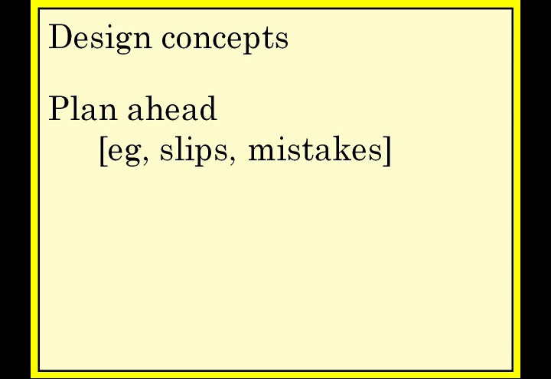A mistake, on the other hand, is deliberate. Now you're saying, why would I deliberately make a mistake? Well, here's where the word means something a little different. It's not that you said, okay, today I'm going to go screw up. There, I did it. By a deliberate mistake, what we mean is you get to a point in your software